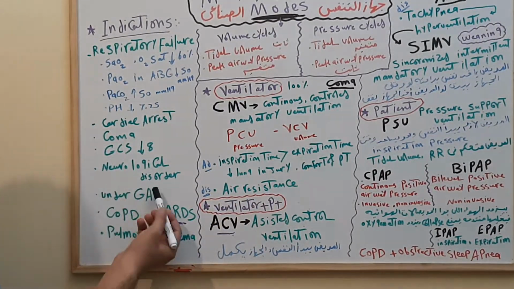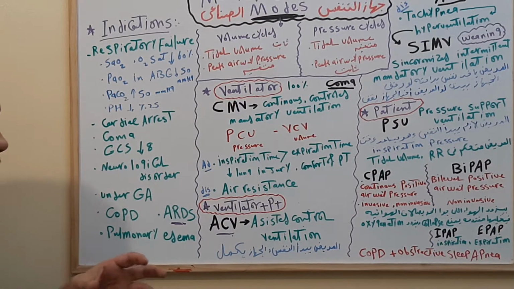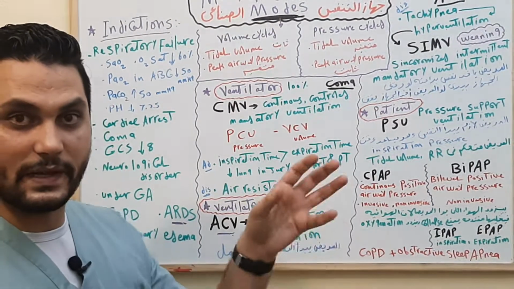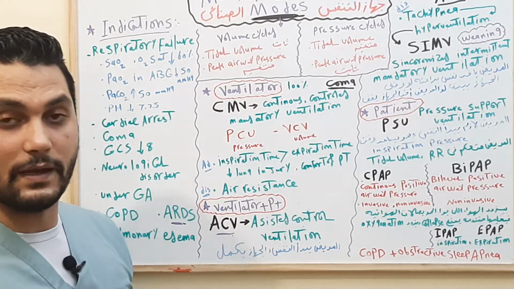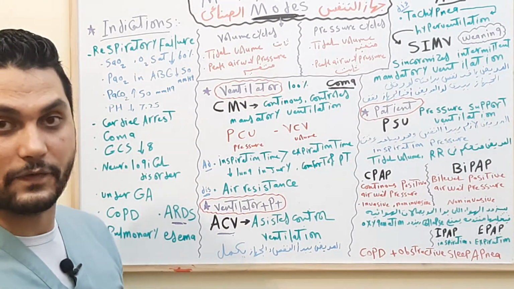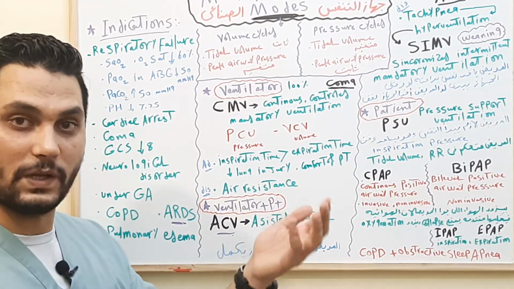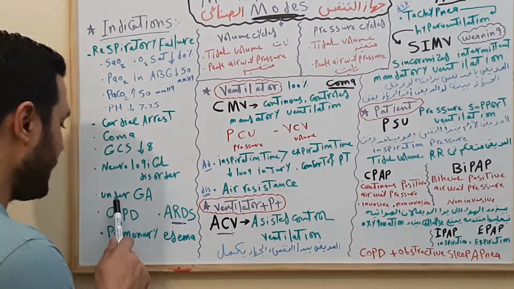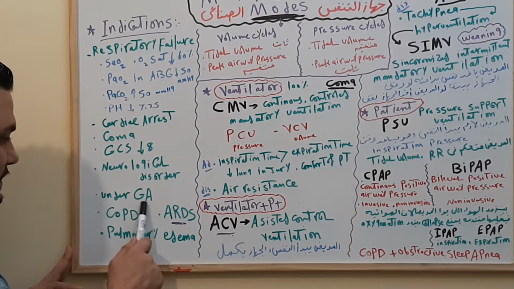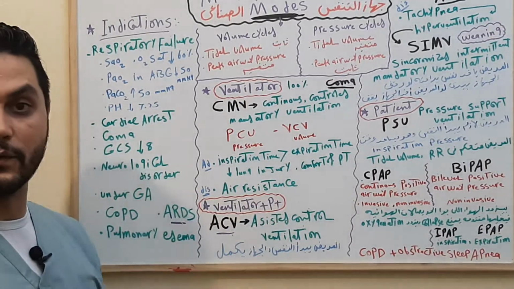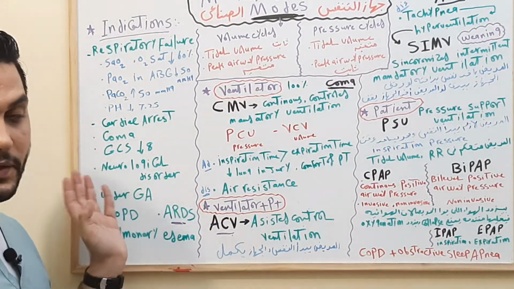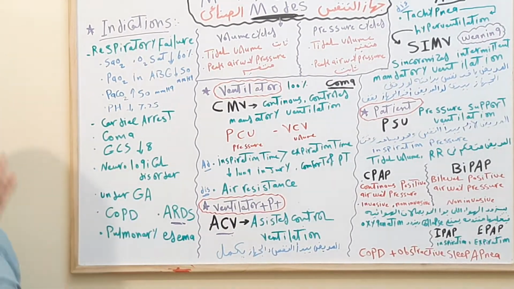If the patient has any neurological disorder like CVA or brain tumor, the patient doesn't recognize anything and the organs start to fail. So at this time we need to put the patient on a mechanical ventilator. If the patient is under GA, the patient is fully sedated, so we need to put the patient on a mechanical ventilator to give him breath.